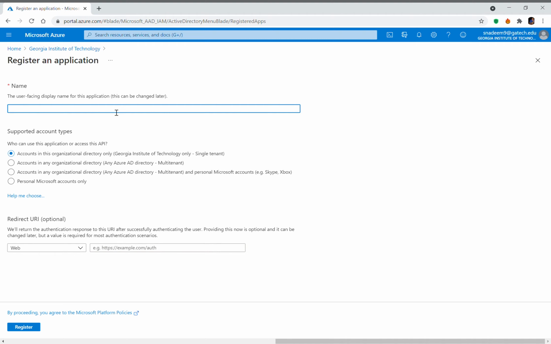So we can give it any name that we want. So I'm just gonna give it FHIR demo app, and after that we are gonna leave the first selection as it is, that we only need the authentication using single tenants, which is Georgia Institute of Technology. It's a security best practice, and under redirection we select public client native,